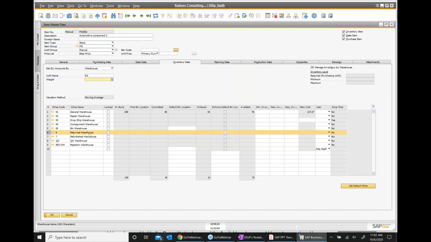That basically means that if we want, we can return the material in the return warehouse here to identify how much material is actually lying. So if you see here, I have a different return warehouse, QC warehouse, refurbished warehouse, consignment warehouse, general warehouse, repair warehouse.